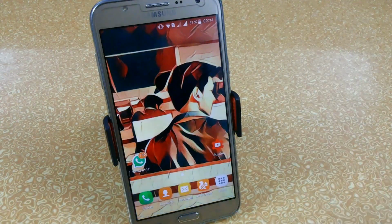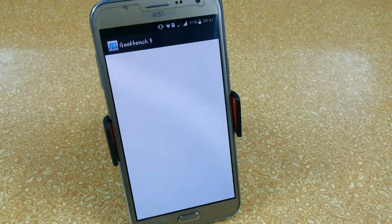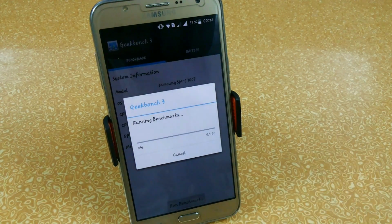And in Good Lock, many of you were also asking about its performance. I cannot show you its performance actually, but we can do a small benchmarking test by using Geekbench 3. So I have just downloaded it, so let's just start. There is nothing totally changed if you compare Lollipop to Marshmallow in terms of performance, but the UI is really changed. Now we can use the Good Lock app and many other apps which support only 6.0,